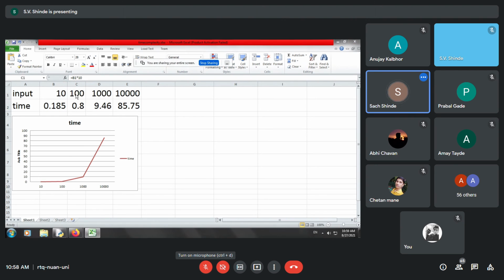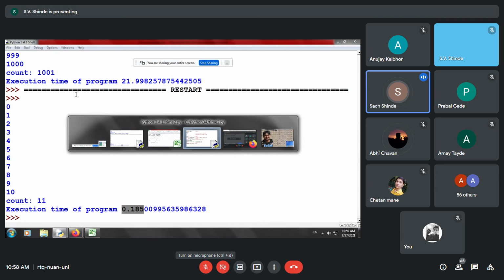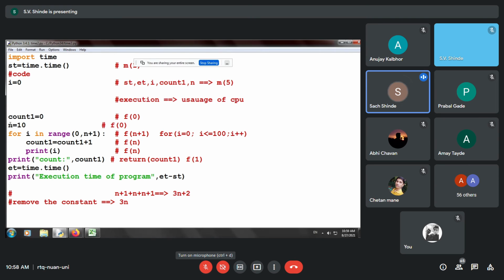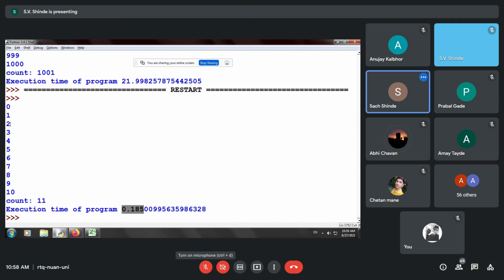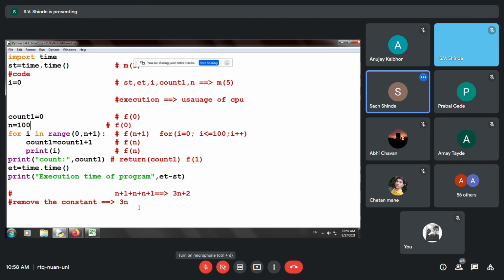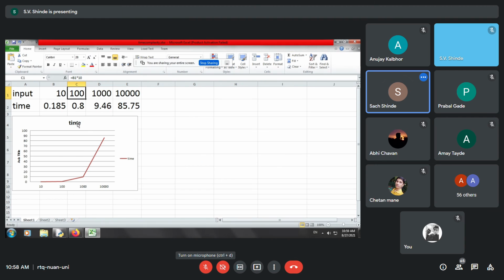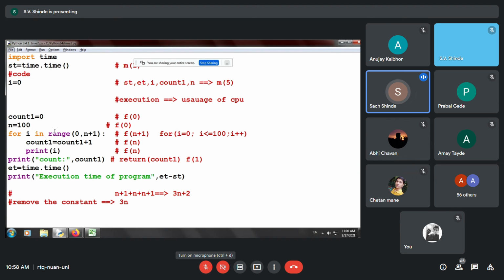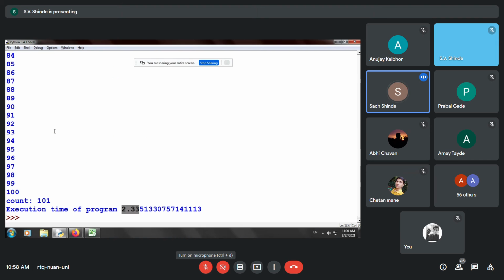Now let us increase the load on the system. Let us take 100 and run the program. So my execution time is now 2.33, and we put it over here. Now let us move to 1000. I increase the load in the for loop to 1000 and check the output.